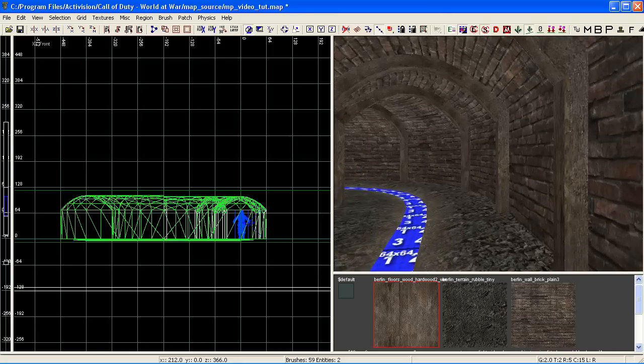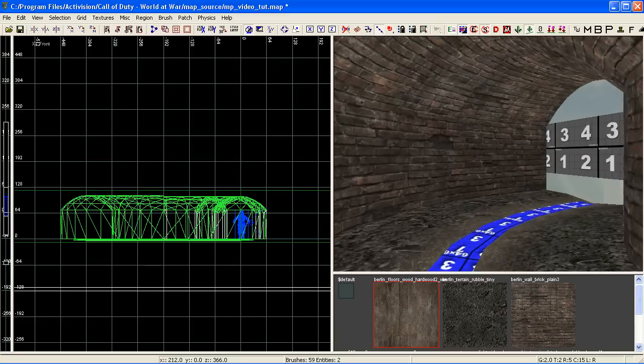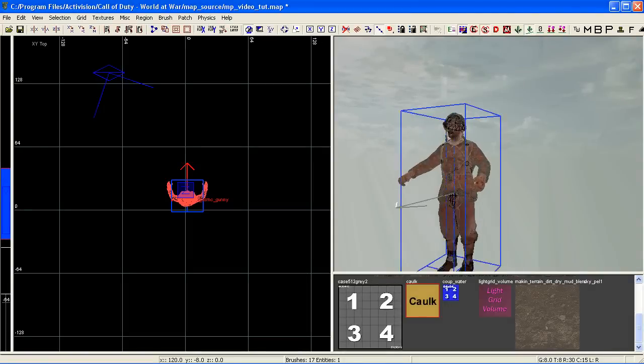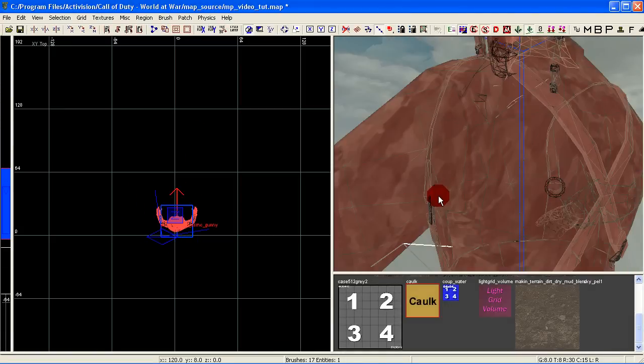My name is Blackjack Johnny and hopefully today I'm going to be showing you how to create a curved vaulted ceiling tunnel. Should be nice and easy, nice and quick. It will help if you've got a little bit of experience with terrain and working with patches, but anyway, I've added